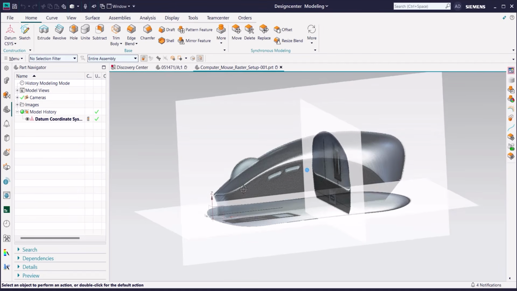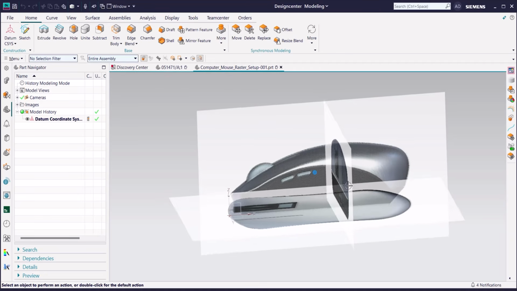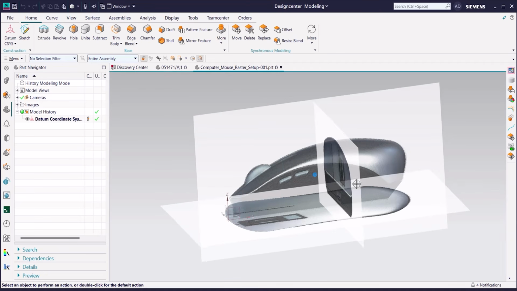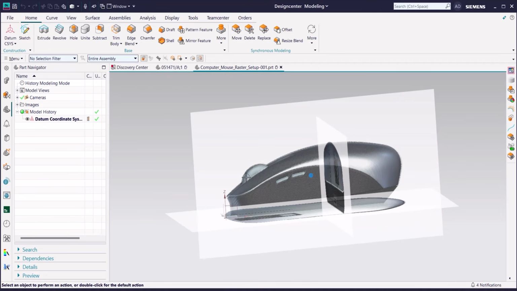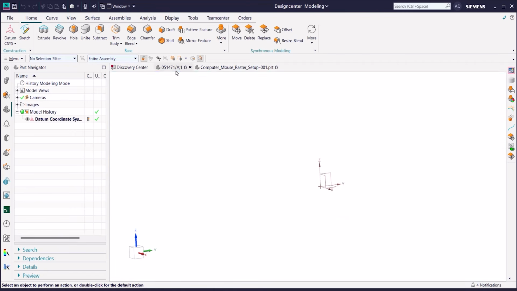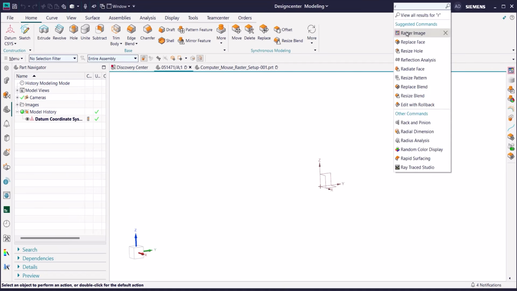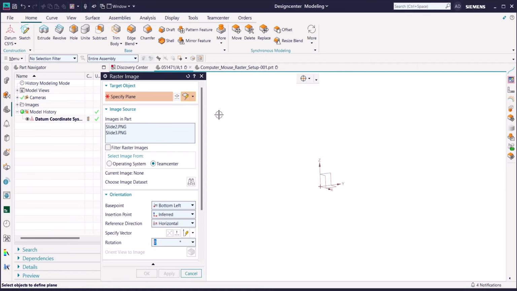To start, we can see I already have some images set up in an orientation to help us begin modeling around them. However, if you were starting from scratch to set up something like this, you'd of course create a new part file, as I've done here. From there, in the search bar, you can look for the command raster images. Once in the command window, you can see that recently used images will already appear for you to click,